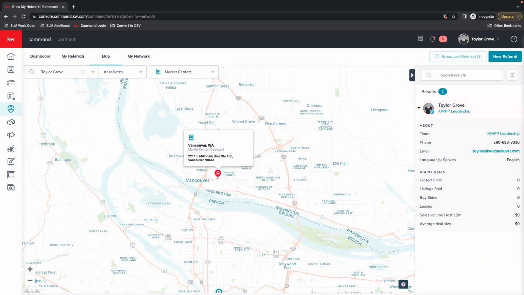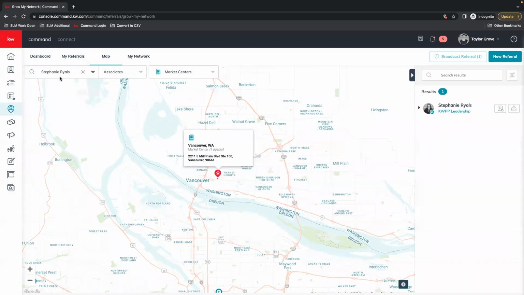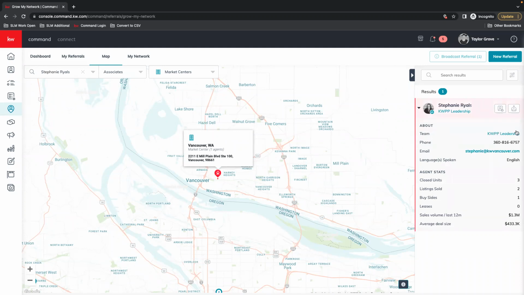And you won't be able to add yourself to the referral network, but let's say I wanted to add someone else. So I still see team and contact information and her stats.